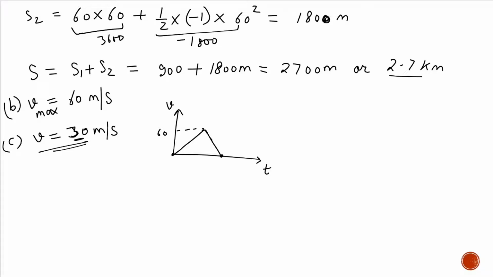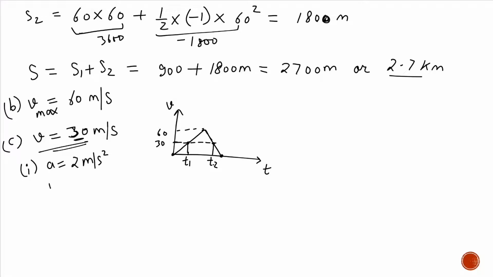So there will be 2 points at which the train reaches 30 meter per second. Let us call these points T1 and T2. There will be two positions. The first position would be when the train is accelerating, and the second position would be when the train is decelerating. So let us take two cases. First, when the train is accelerating at 2 meter per second square, what will be the distance travelled?